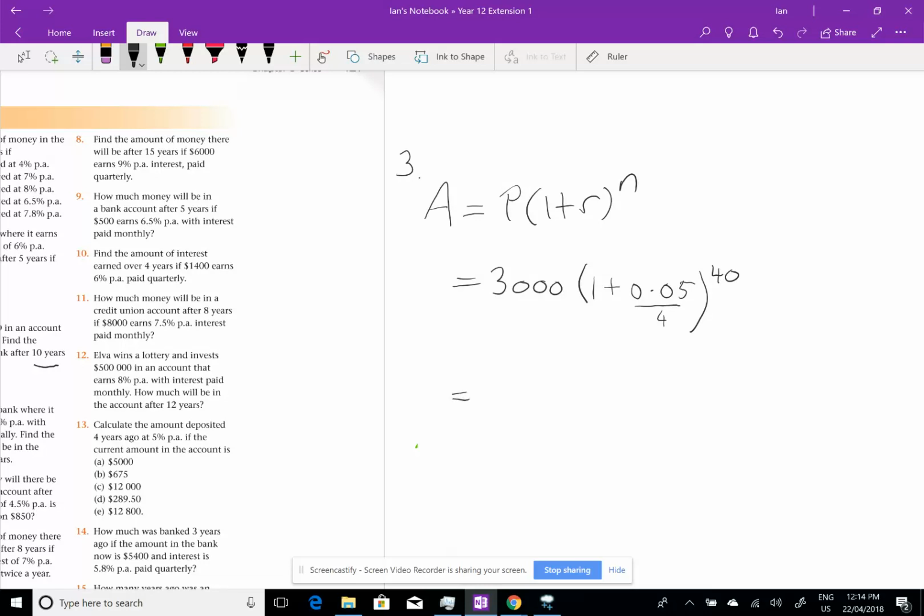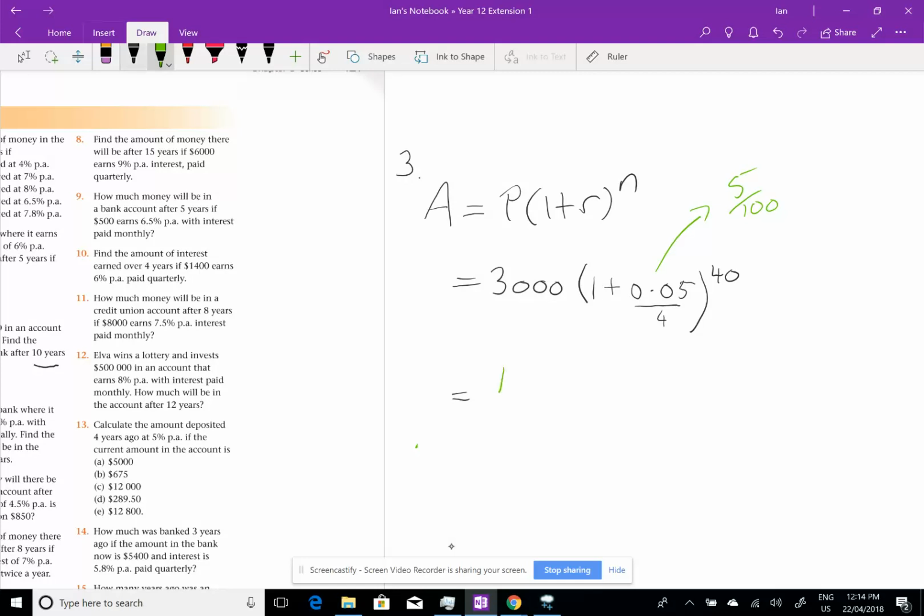So you've divided the interest rate by 4 and you've multiplied the number of periods by 40. And then it's just a case of doing it on your calculator. In here, you could have written 5 over 100 and put it over 4. It doesn't matter. You still get the same answer. So what I've got, 3,000 times 1 plus 0.05 divided by 4 to the power of 40,